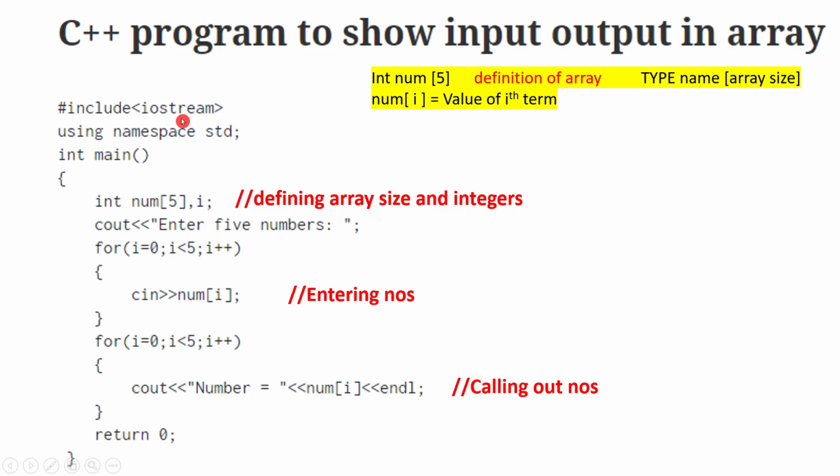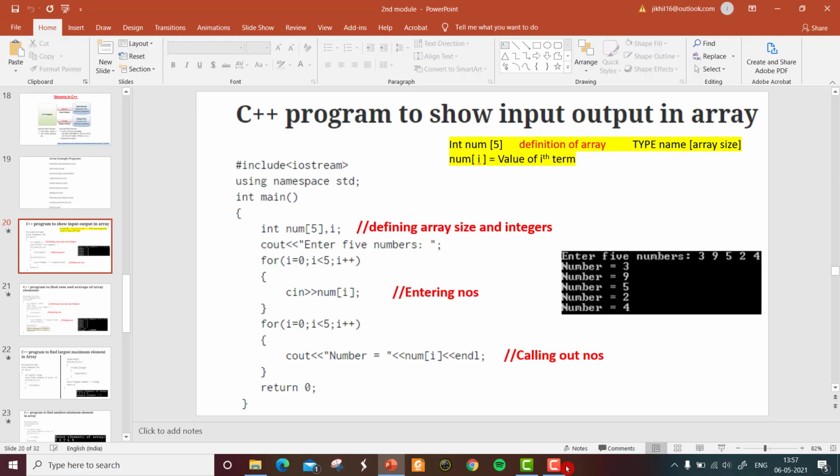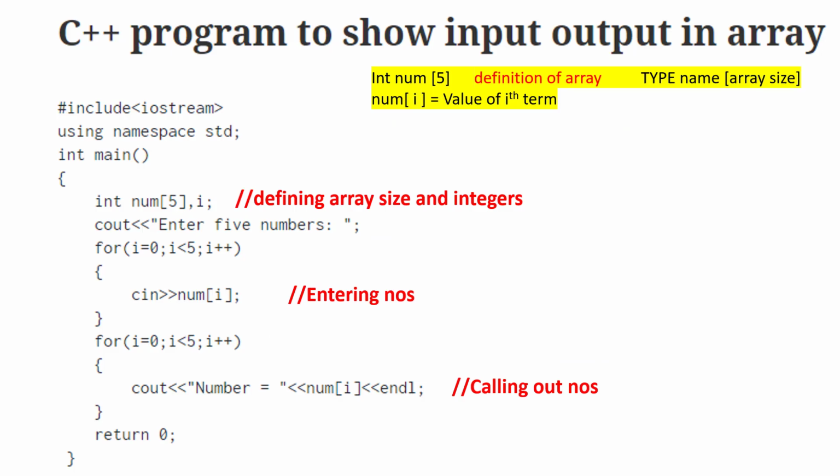So the first problem is mainly to demonstrate how to give an input and output to the array. We'll see the problem. This is the problem, and this reading marked won't be read by the compilers. It is for your understanding. We'll start. So as you know, we want to give some input to the array and to get it out.